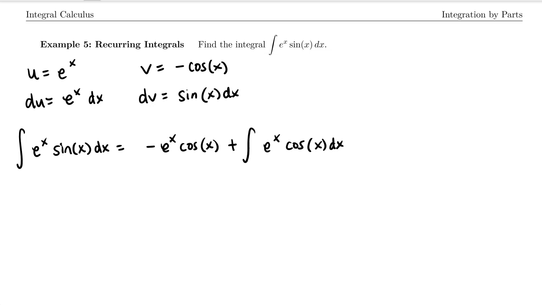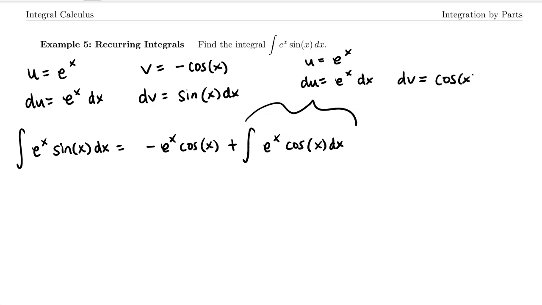I'm going to use integration by parts again on this thing. So I'm going to let u equal e to the x. That's going to give us that du is equal to e to the x dx. For dv, we're going to make that cosine of x dx. Then for v, we get sine of x. So now we have negative e to the x times cosine of x